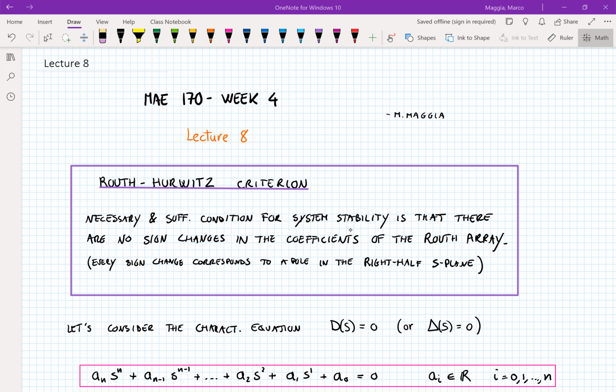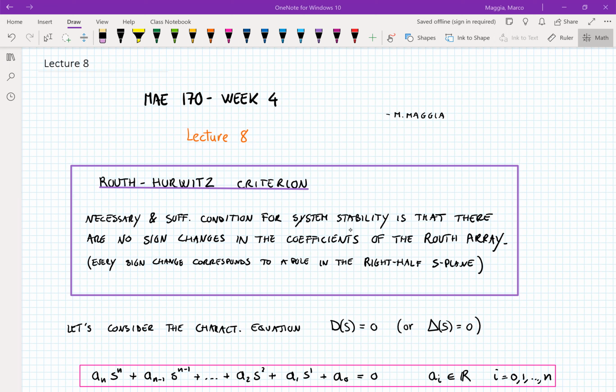We saw that a system is stable when the poles of its transfer function lie entirely on the left-hand side of the S-plane, or in other words, the real parts of the poles are all negative. If this doesn't happen, the system is not stable. However, if the poles lie at most on the imaginary axis, then the system is marginally stable, given that the multiplicity of such poles is at most 1. If that is not the case, the system is unstable.